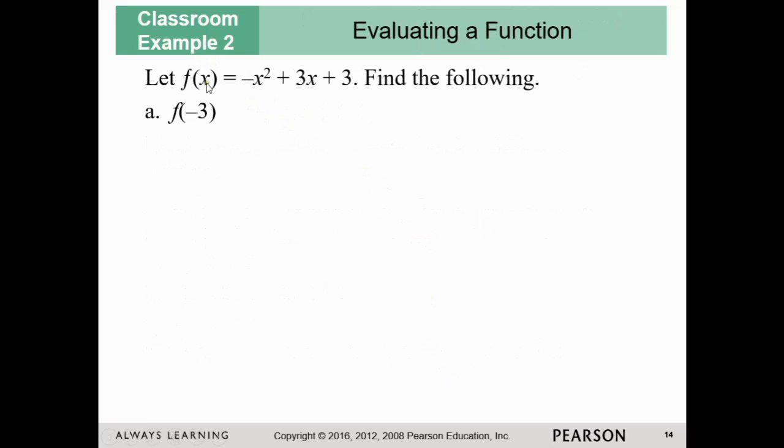So in this case, we're given a function f of x, -x squared plus 3x plus 3. We're supposed to find f of -3. Remember, all it's going to do is say find f of -3. And what that's asking you to do is plug in -3 for x. Notice we have in this next piece here, the x is blue, indicating that we're putting in -3 for the